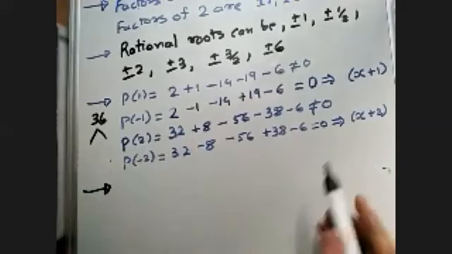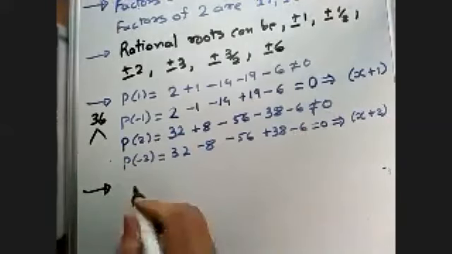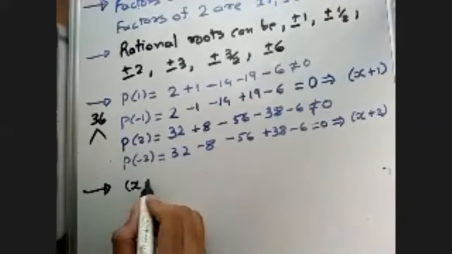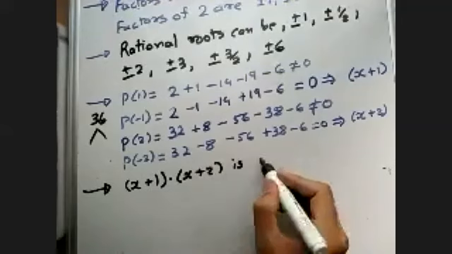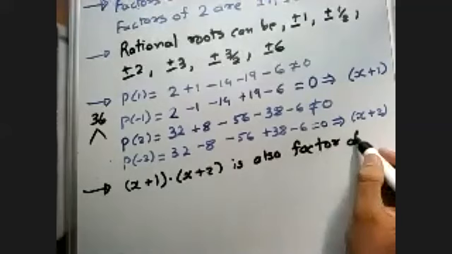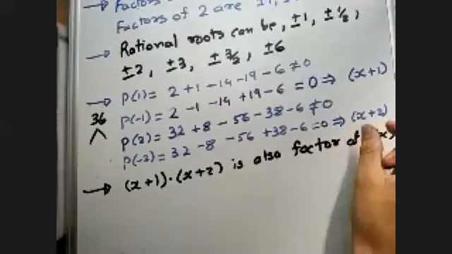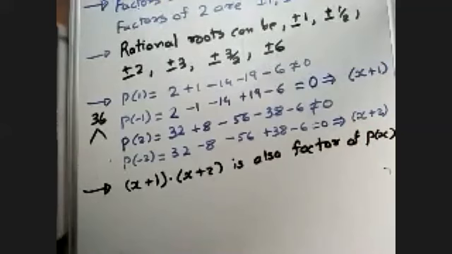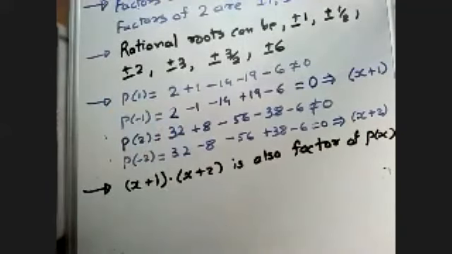So if x plus 1 is a factor of this polynomial, and x plus 2 is a factor of this polynomial, so x plus 1 into x plus 2 is also a factor of p of x. Is it clear, Yashash? Since they are linear polynomials, they can be treated as prime factors. क्योंकि x plus 1 का further factorization नहीं होगा, right? In the same way, x plus 2 का भी further factorization नहीं होगा, and that is the definition of prime number only. हाँ हाँ साकिब, मैं यहाँ सिर्फ दूसरी मेथड दिखा रहा हूँ.